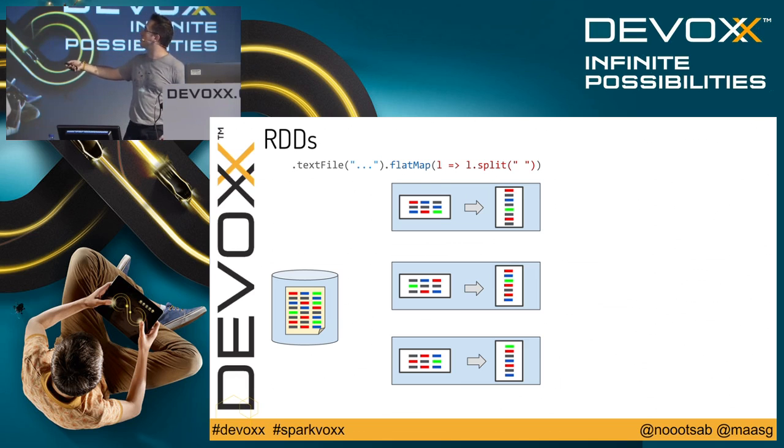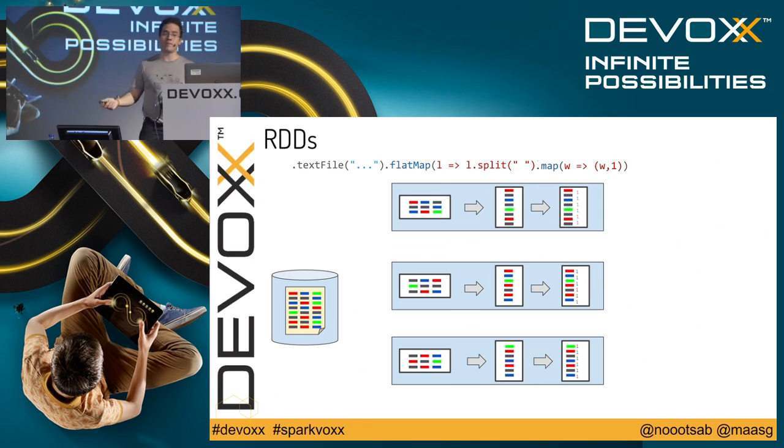And so I took out all these separators, I put them all together. Flat map allows me to flatten the array that is returned from here. And that happens in parallel, so every one of those executors will be applying that same operation. And then we have the map. After this split, we have a map. We are adding a 1 to every one of those elements, creating tuples of the element and a 1.